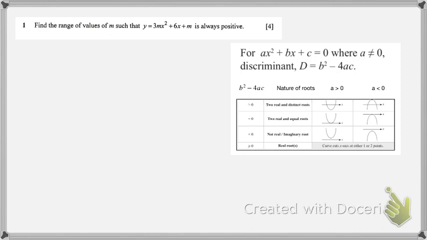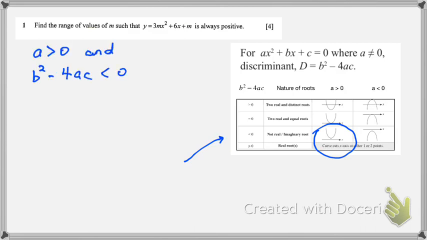So let's take a look at the question again. You are asked to find the range of values of m such that y is always positive. So that means the graph must lie above the x-axis, and that implies b squared minus 4ac must be less than 0, and that is what we want. So let's work it out. So for a greater than 0 and b squared minus 4ac less than 0,